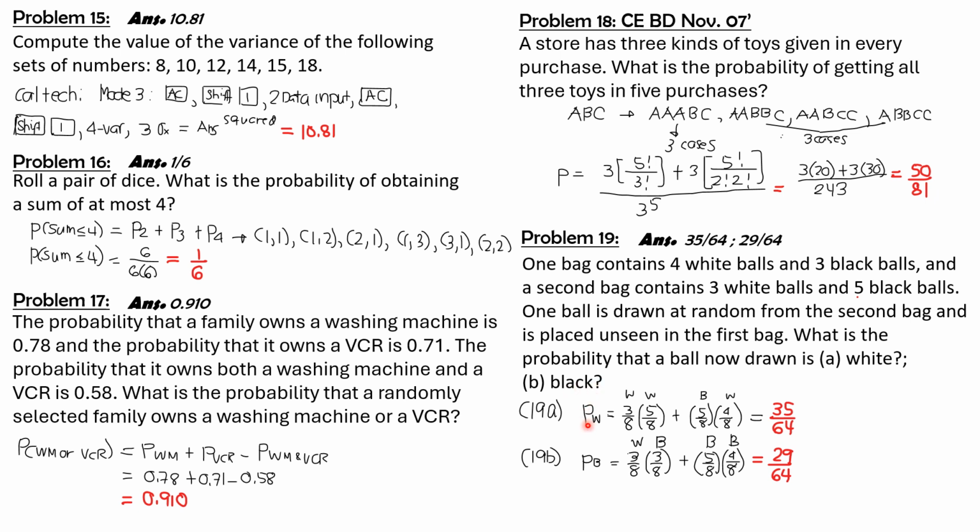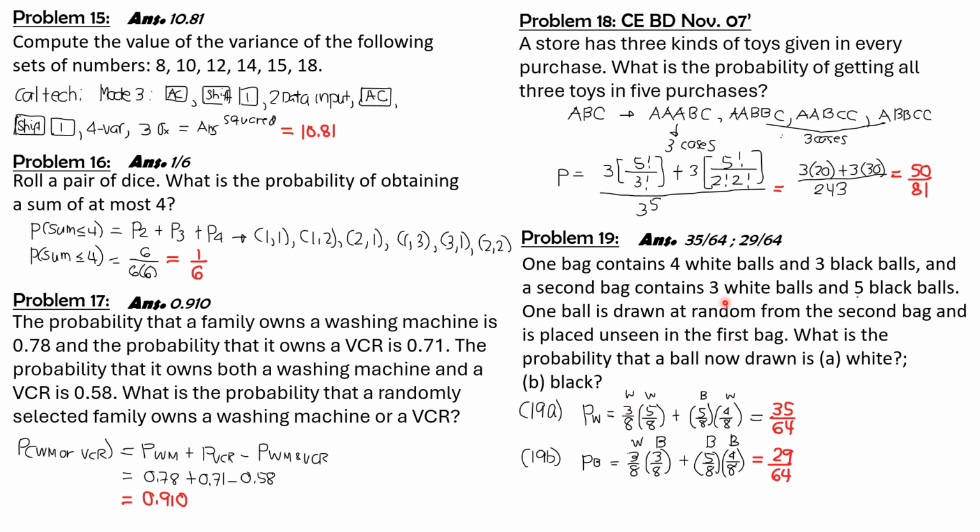So if it is white, this would be the formula. White, then in the second draw, it's also white. Then plus the probability that the ball selected from the second bag is black, and of course it is a must that from the first bag it should be white. So for this case,